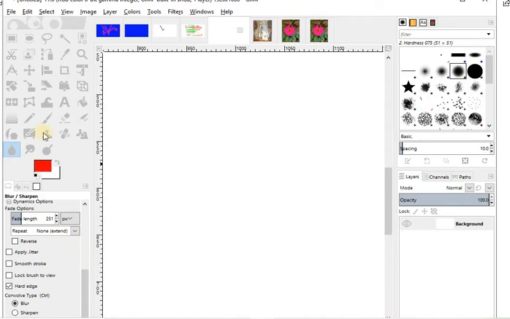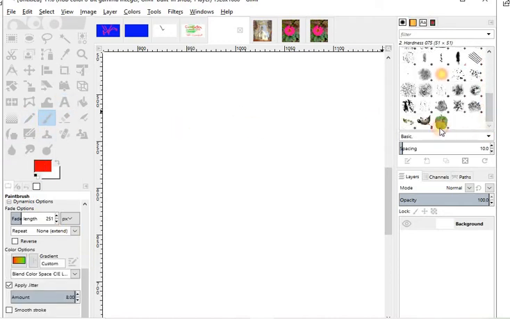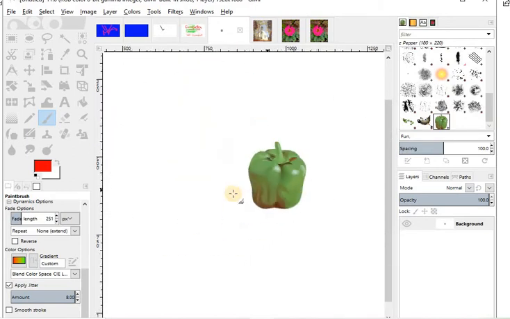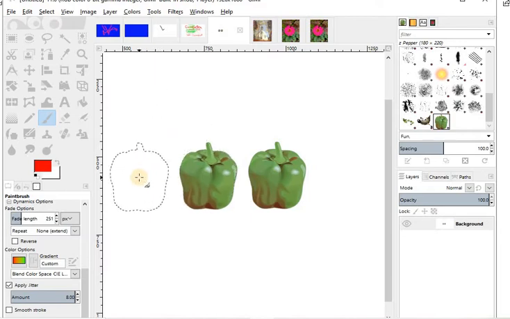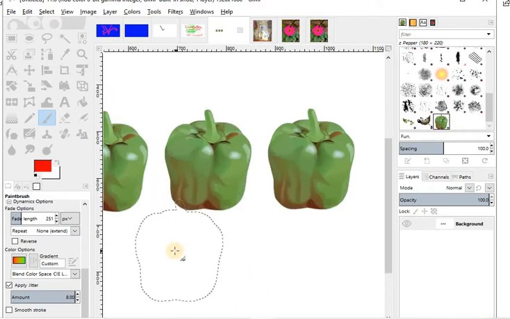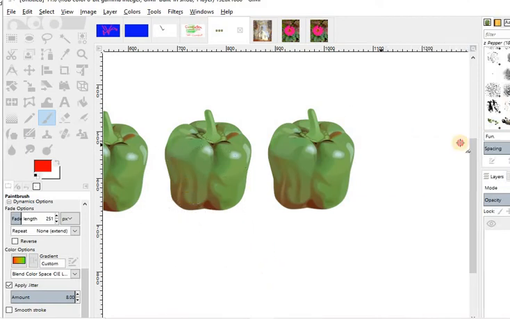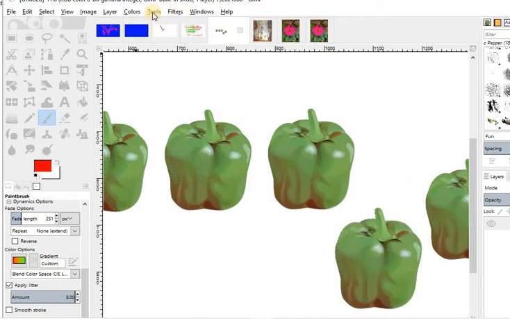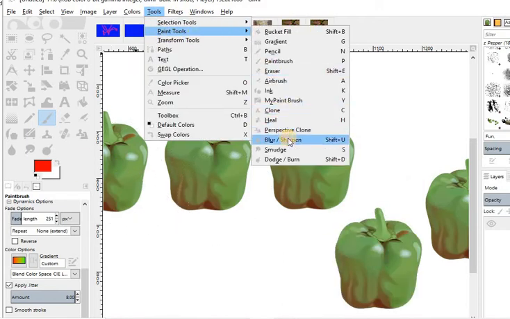Just one second, let me choose this pen brush tool, and from here just go to the tools, pen tools, make it blur.